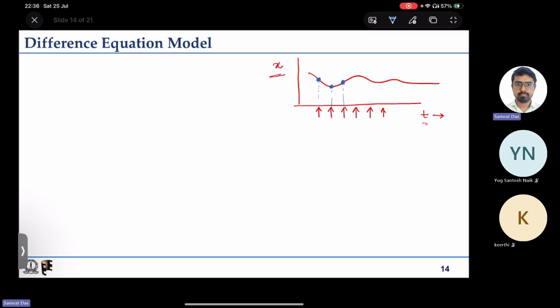This is the third sample, this value is stored. Similarly, wherever there is some sampling happening, whatever is the value of the state variable x at that sampling instant, that value is known to us. Whatever happens between the two samplings, we don't know. So these are different sampling instances,